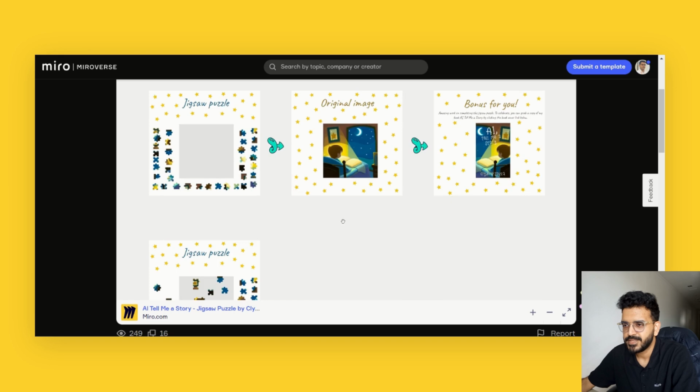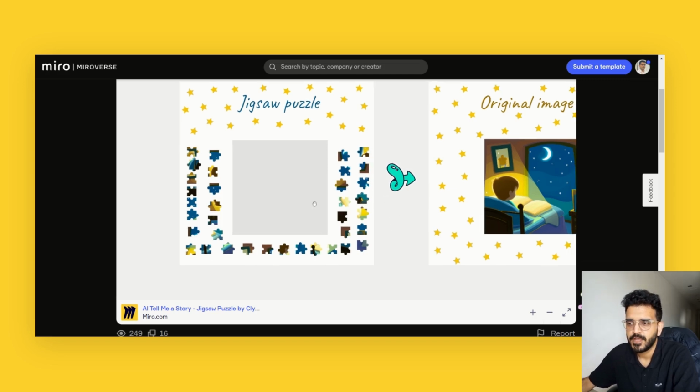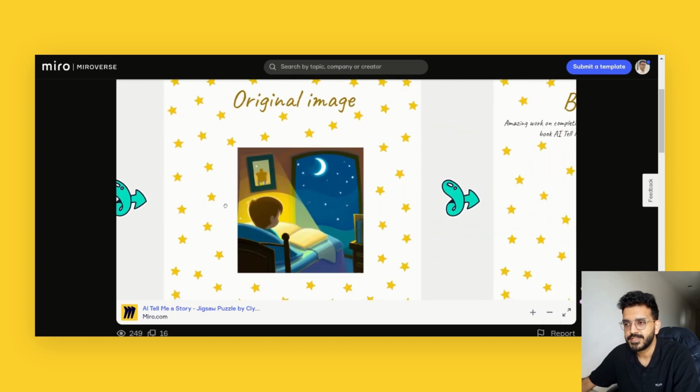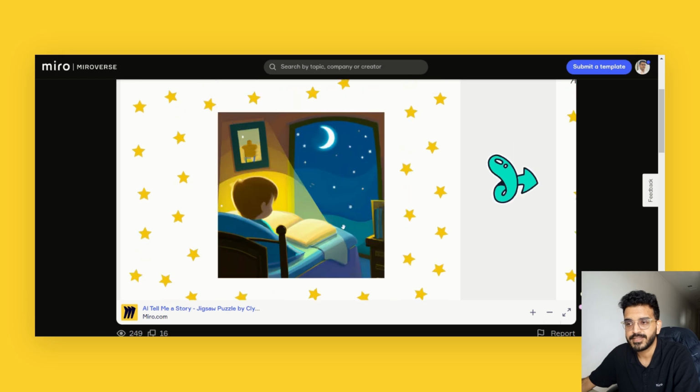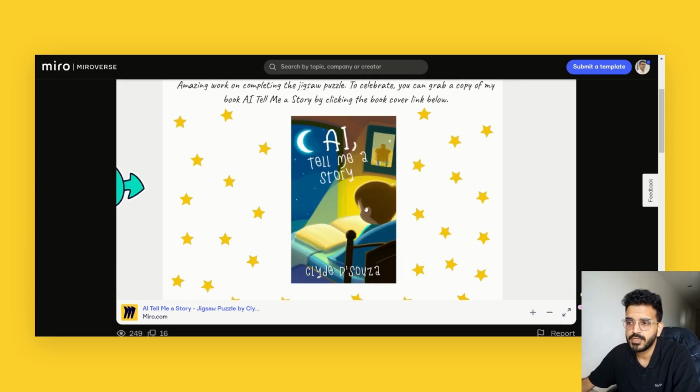Now, if I look at this template itself, you have this area where you have all the pieces of the puzzle, which is randomly put together over here. And all you have to do is just drag these pieces into the center gray box and try and put the picture together. Now, for reference, this is the original image, and this is what your final image should look like. And then, of course, as a bonus, there's just a link to the book. If you click on this book, it will take you to the book website, and then you can choose to purchase the book from any of those, or you can even choose to purchase the merchandise for